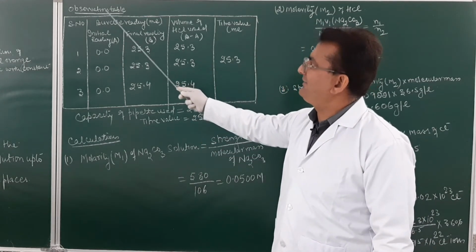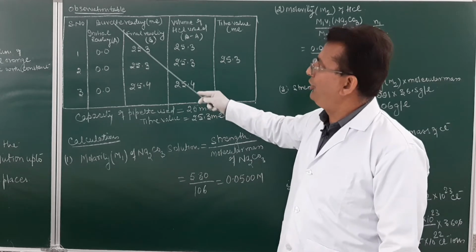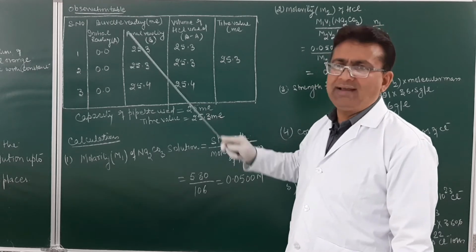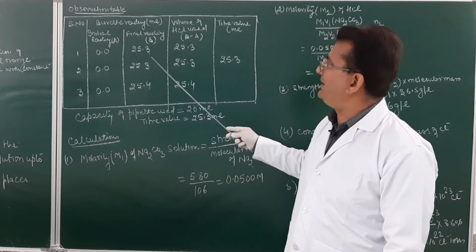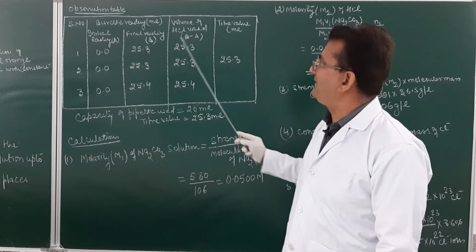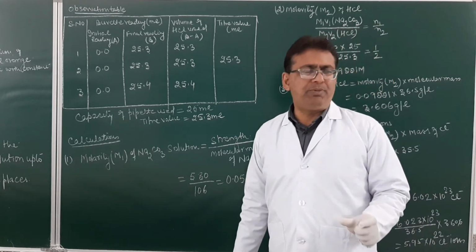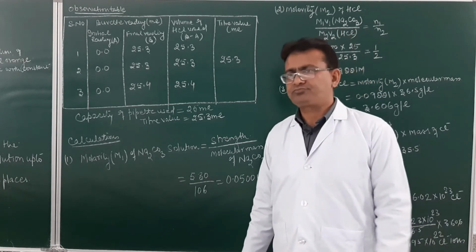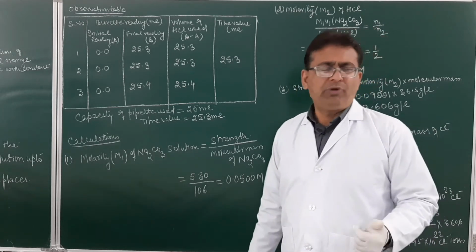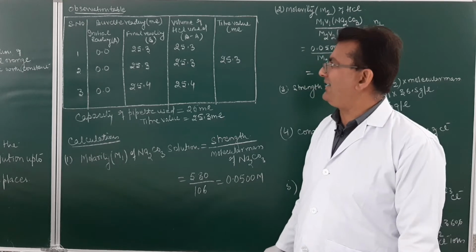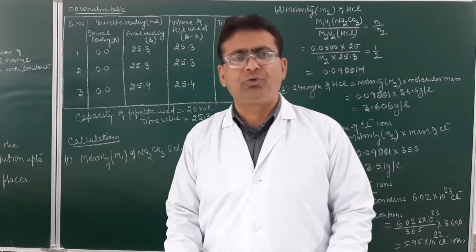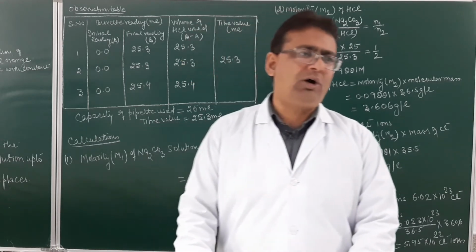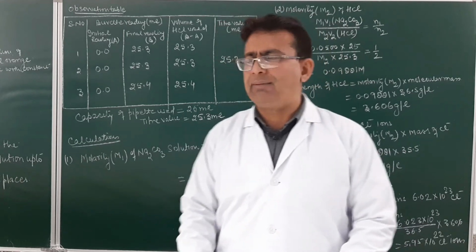So, students, once you complete your practical work, make sure initially the reading of the burette was 0 in the first reading, and the titer value as I demonstrated to you came to be 25.3. So, what will be the final value? Final minus initial, this will be 25.3. You will repeat the similar practical titration to obtain at least 3 readings. Again the same process will be repeated. We will have a burette. In the burette we will take HCl solution. In the conical flask we will take sodium carbonate solution. To this we will add methyl orange solution, and then in a dropwise manner we will add HCl solution into the sodium carbonate solution.